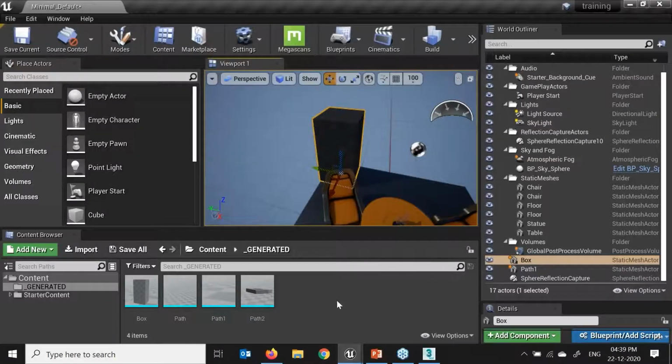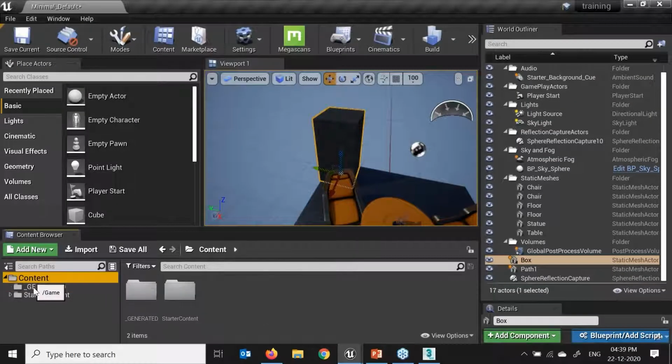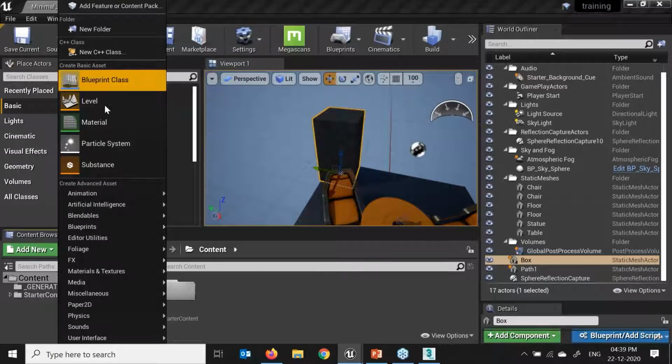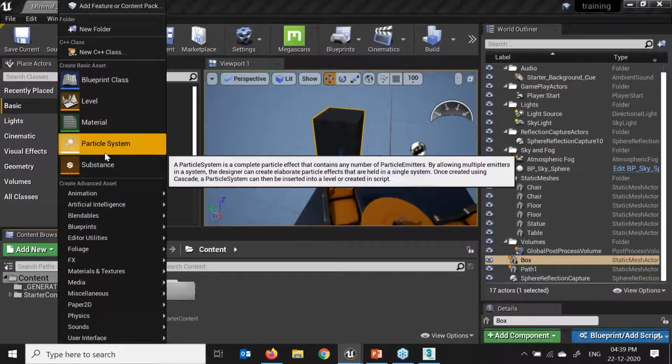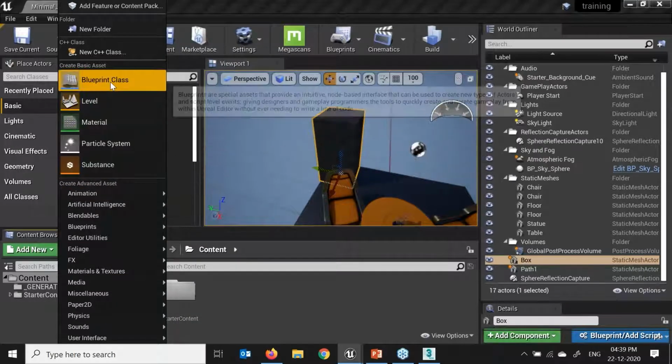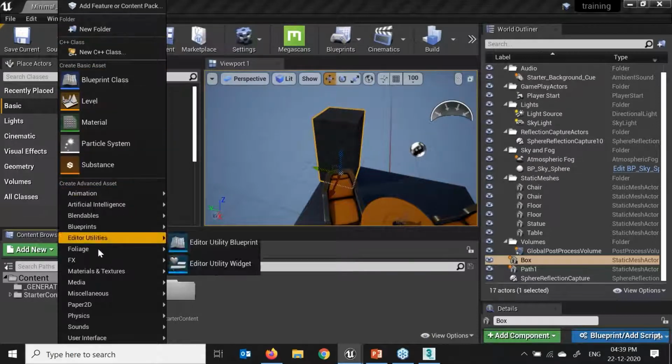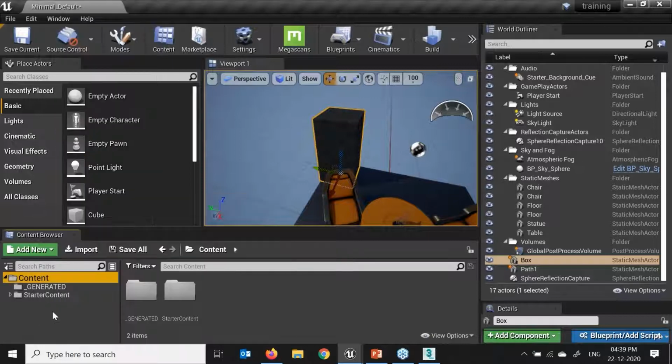Now what I'll do, I'll go to my content over here. If I want to make a new group, I need to click on this add new. Here from this list, I can add particle system, material, level, blueprint, new C++, new folders, foliage, if you see over here. So first of all, I'll just make a new folder.